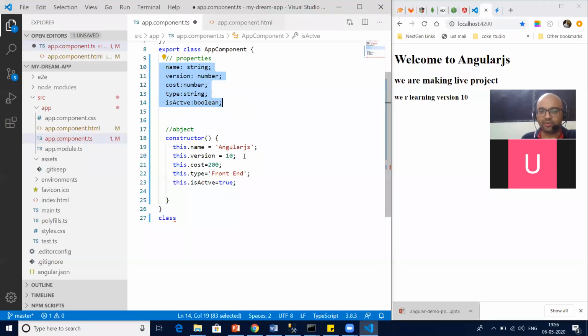For example, I wanted to capture the course, so my functionality is to capture the course. My functionality is to show the course. So wouldn't it be better that all the properties that belong to the course I group in one single class? So the answer is yes, it makes sense to create a class and group all the properties under one roof. So my question is, what should be the class name?